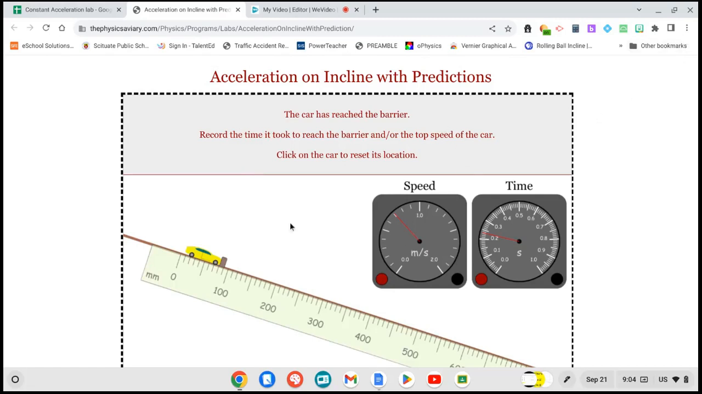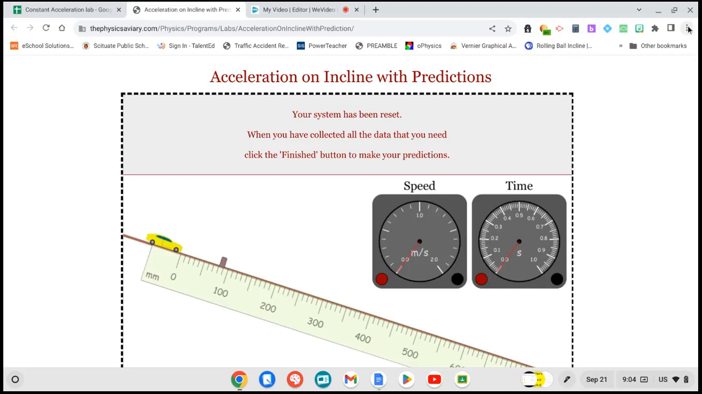When you go to the sim, you can click on the car to start it or reset it. When you click on the block, it changes its distance. So that's how you're going to get your new trials from 1 through 8. I'm going to get it up to the top again. You click the car and it goes, gets to the end, and then it's recorded the information for speed and